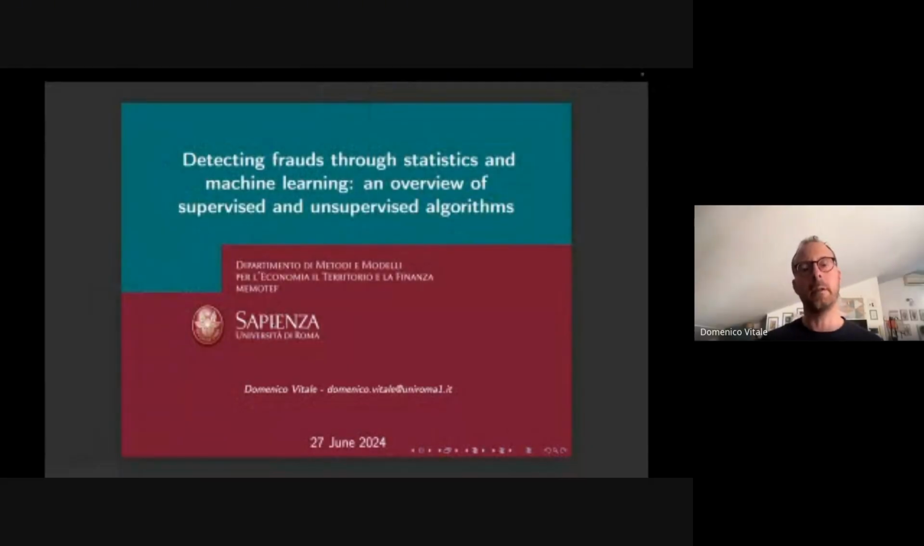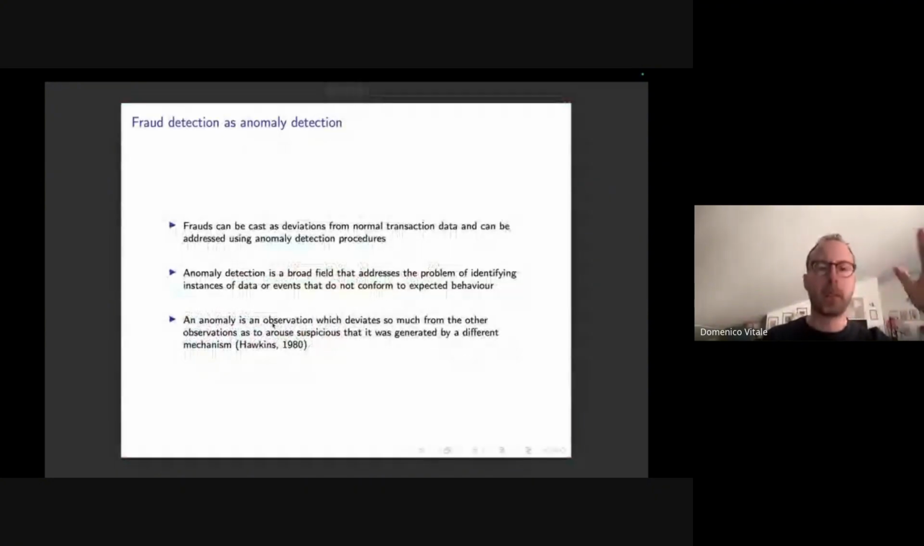This presentation regards some methods about fraud detection through statistics and machine learning, but in particular it is focused on an overview of supervised and unsupervised algorithms, which have been developed in recent years in the literature. So frauds can be cast as deviations from the normal transaction data and can be addressed using anomaly detection procedures. Anomaly detection is a broad field that addresses the problem of identifying instances of data or events that do not